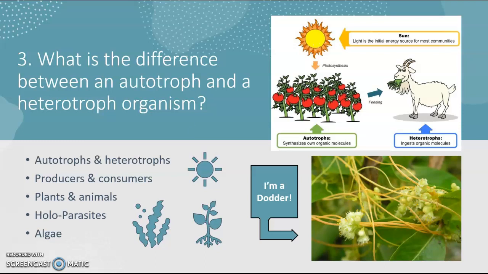In the diagram here, the tomato plants are the autotrophs because they use photosynthesis to make their own organic molecules. The goat here is the heterotroph because it's consuming the tomato plant and therefore it consumes the organic molecules from it. Most all plants and algae are autotrophs because they use the process of photosynthesis to turn carbon